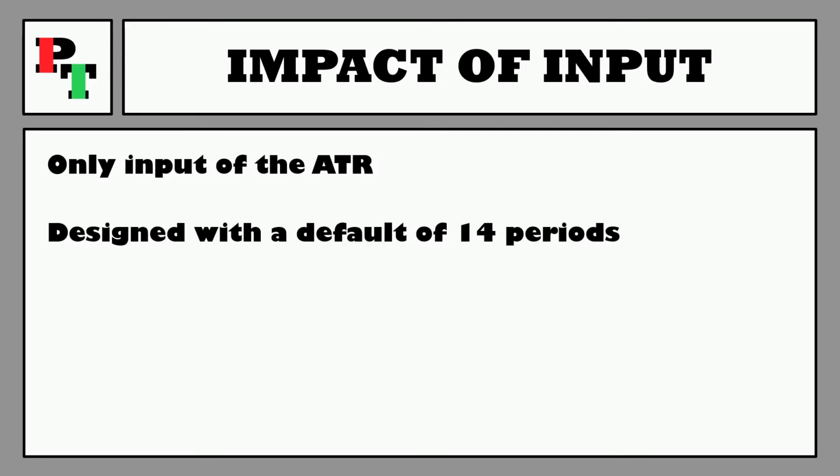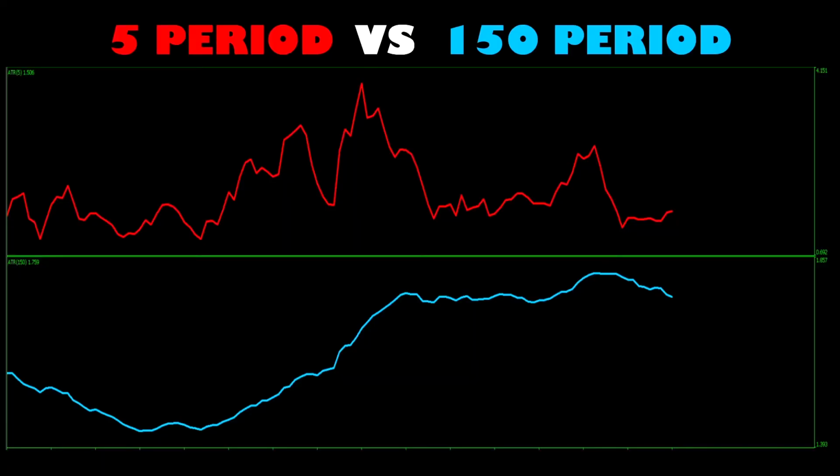The default setting and what Wells Wilder built the indicator around was the 14 period input, and often traders do stick to this number. But what happens when you do go for something that's either shorter or longer? In this particular example of a short 5 period ATR and an extremely long 150 period ATR, you can see the 5 period reacts very quickly, taking a bumpy ride on its path, whereas the 150 naturally has a much more smoothed out journey. This is what you'd expect, and although these readings of 1.506 and 1.759 haven't currently drifted too far,